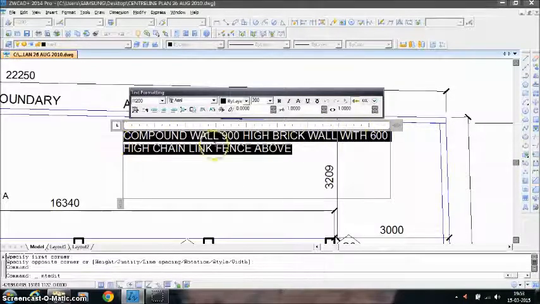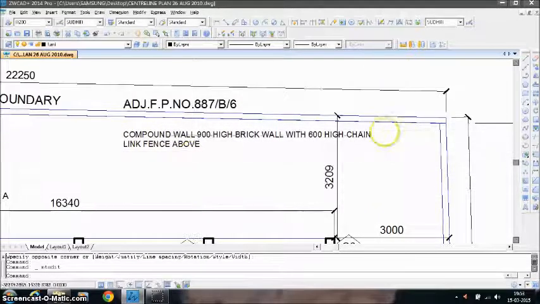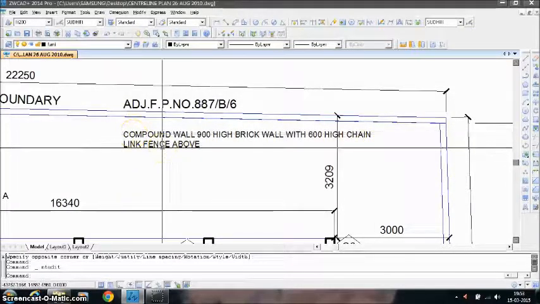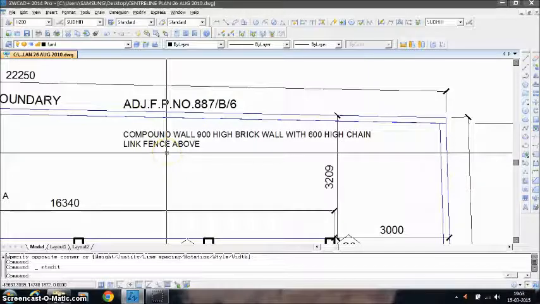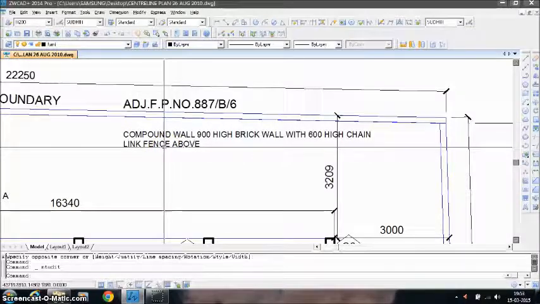Now I have highlighted this entire text. I will simply click here and enter 150 and then say OK. You will see that this particular text has reduced in height and has become smaller.